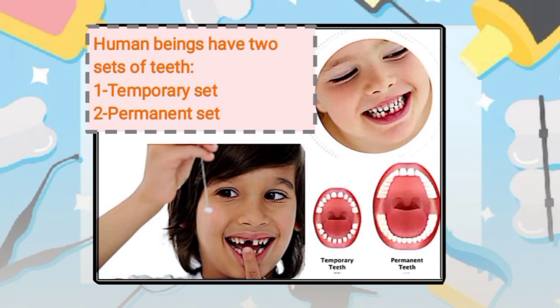As you know, milk teeth are very important. Permanent teeth are also very important. Permanent teeth appear when the child is about 6 years old. Milk teeth start falling out one by one, and then slowly new ones, meaning new teeth which are bigger in size, take their place, and this set of new teeth is called permanent teeth.